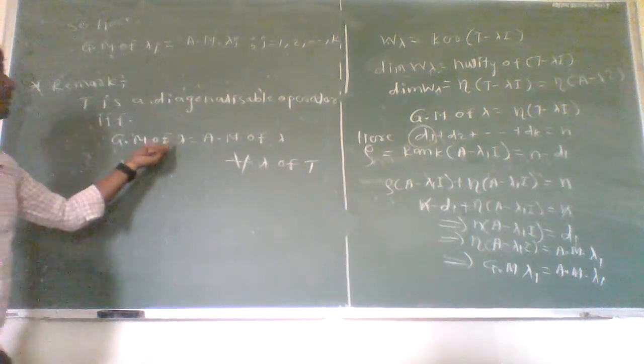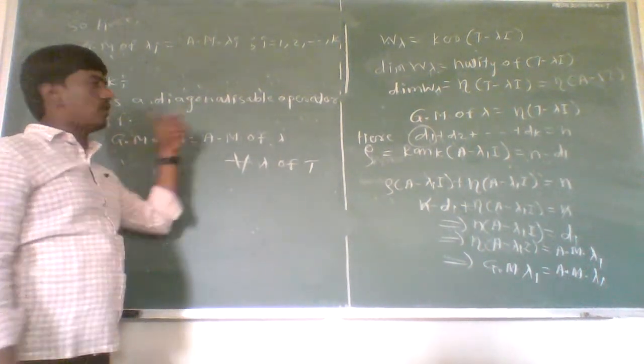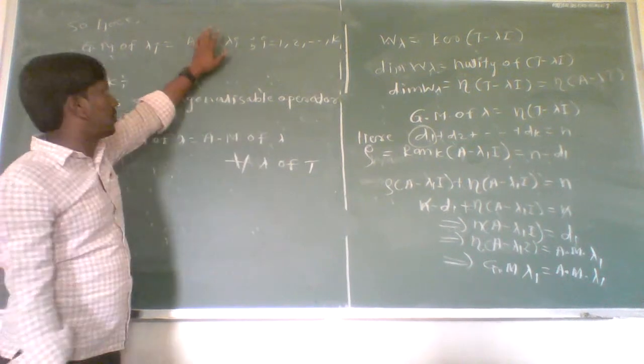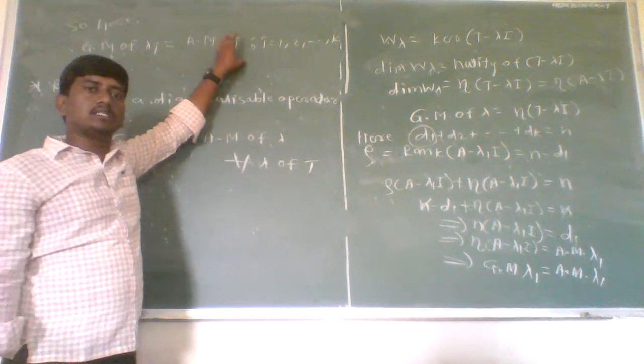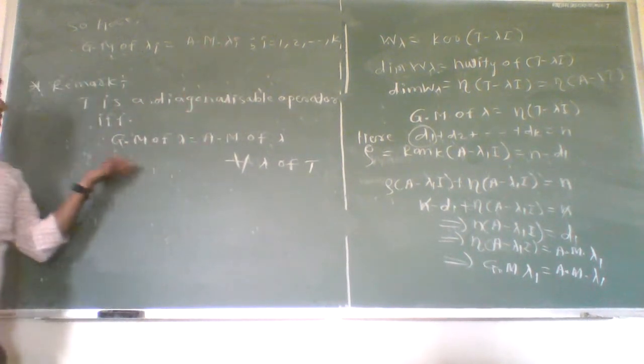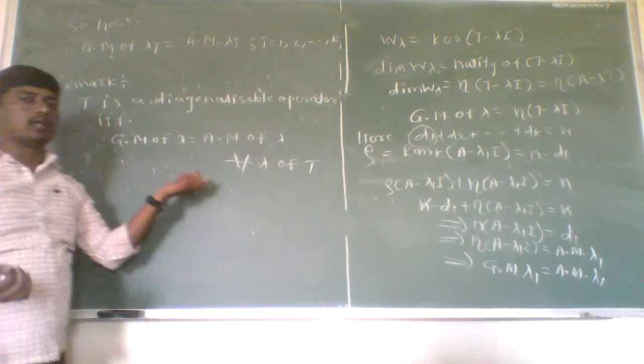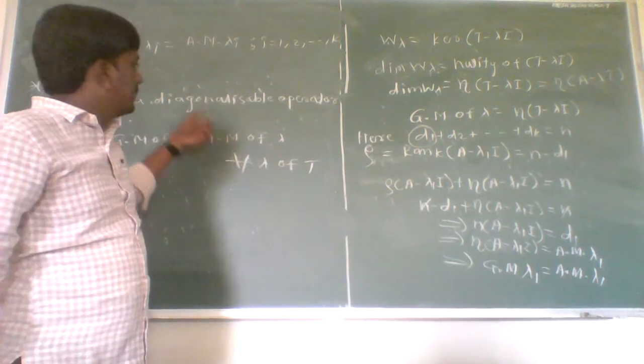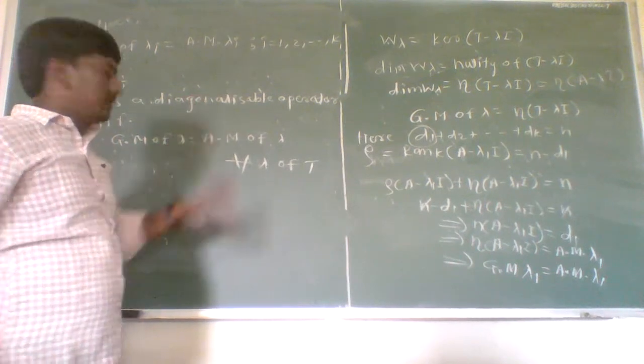If there exists one lambda whose geometric multiplicity is not equal to its algebraic multiplicity, then the corresponding linear operator is not a diagonalizable operator. So we can also find out whether a given linear operator is diagonalizable or not by this method. Okay? Now,